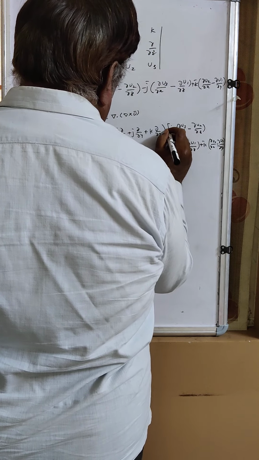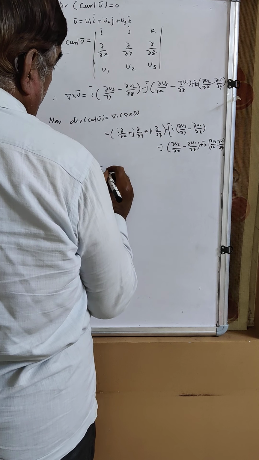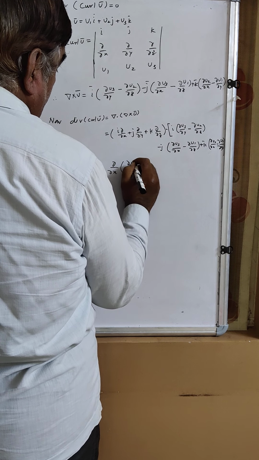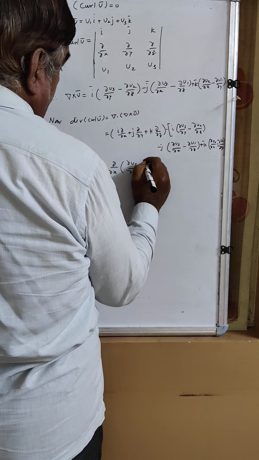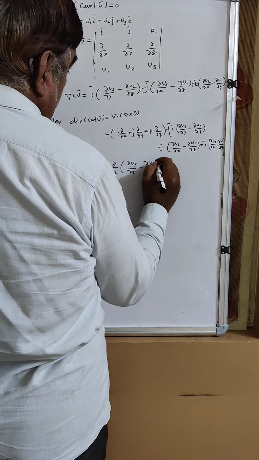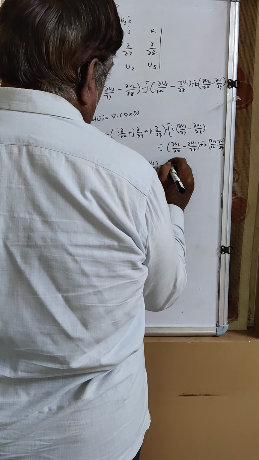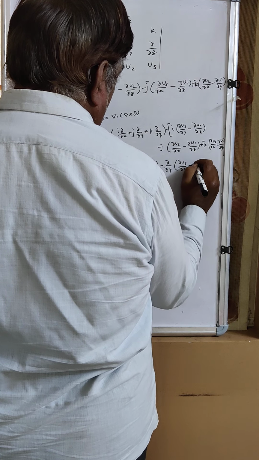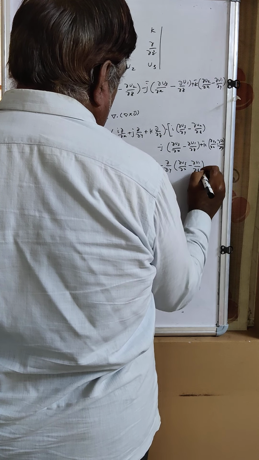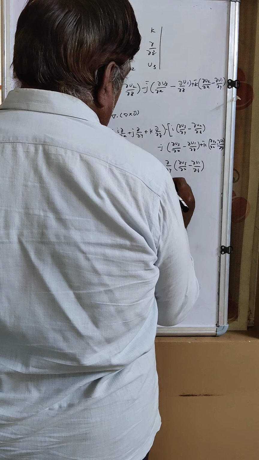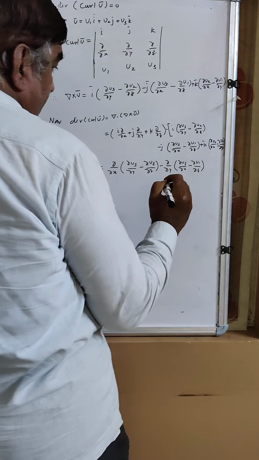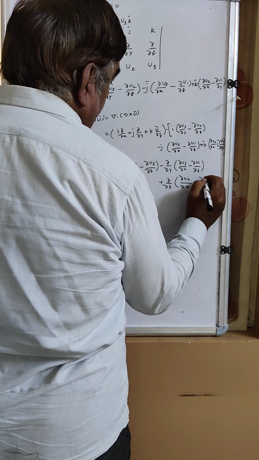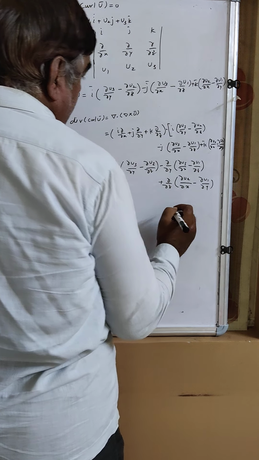Here the dot product is equal to del by del x of del u3 by del y minus del u2 by del z, minus del by del y of del u3 by del x minus del u1 by del z, plus del by del z of del u2 by del x minus del u1 by del y, is equal to